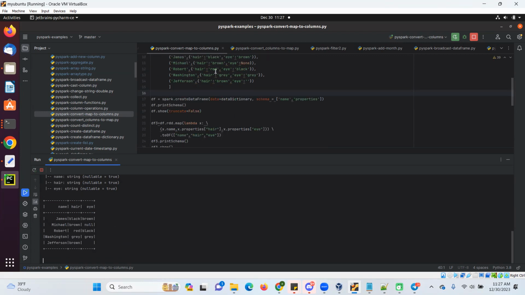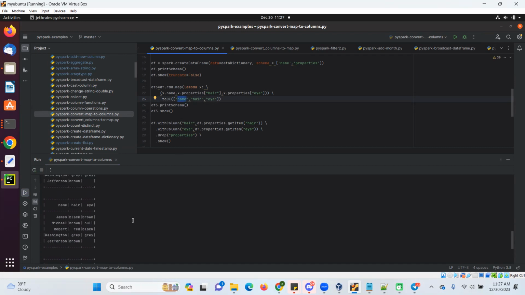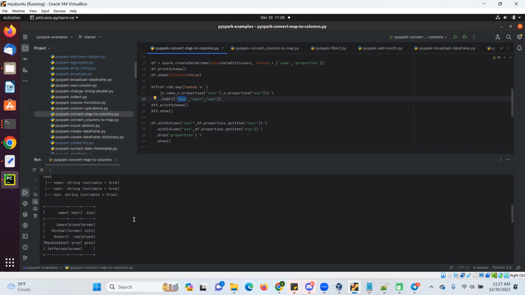Now I want to make this dictionary data into separate columns. The file name here is map to column. So you have data in the map and you want to convert it into columns. How many columns do you want after this conversion? Three columns. Name will be as it is, one column will be hair, and the third column is eye. So how do we make them separate columns? After this print schema,